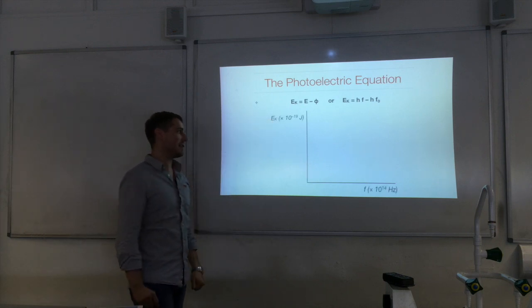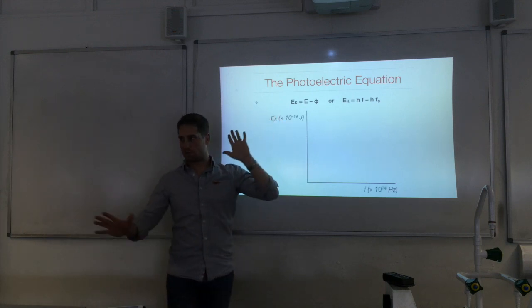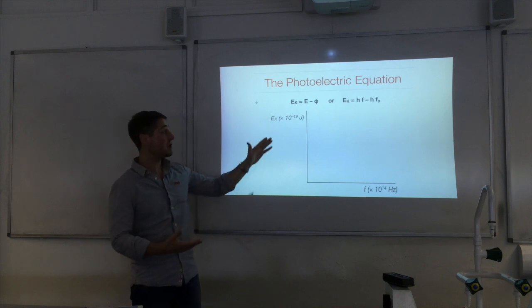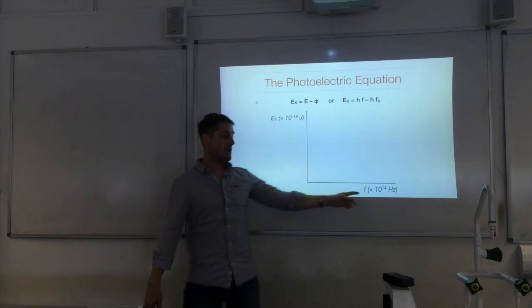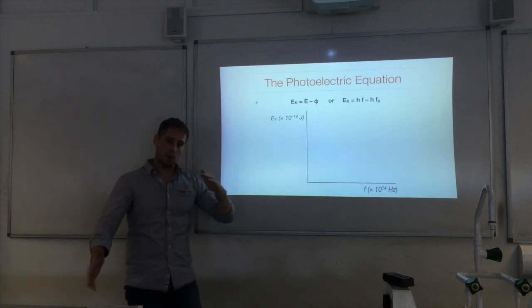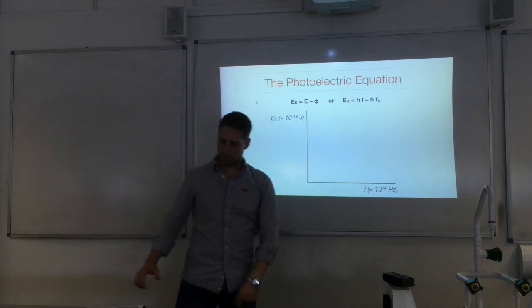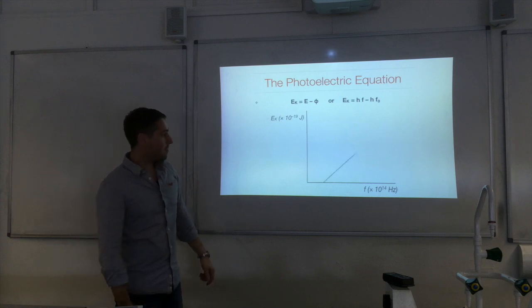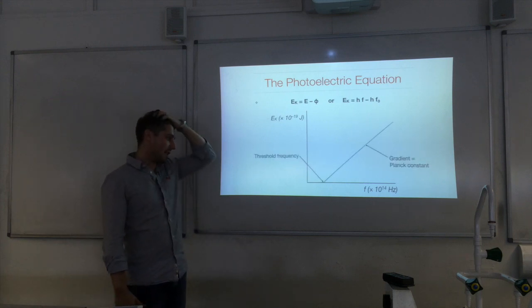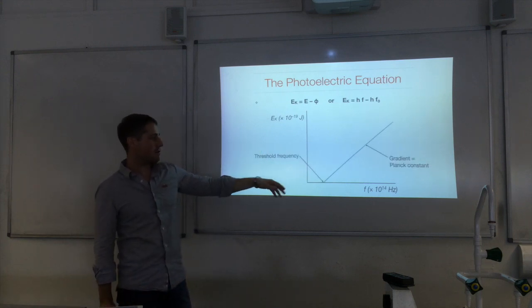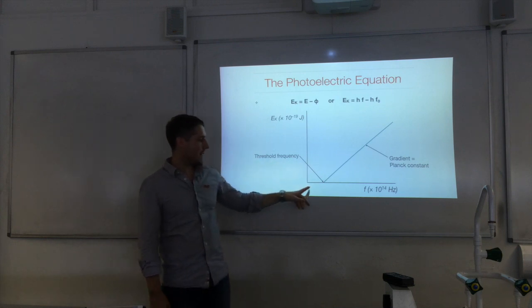So here's our max kinetic energy. Watch out for scales here, especially because you're dealing with very small amounts of energy and very high frequencies. So often this will be 10 to the minus 19 joules and 10 to the 14 hertz. If you plot the graph for max kinetic energy against incoming photon frequency, then you get a graph like this